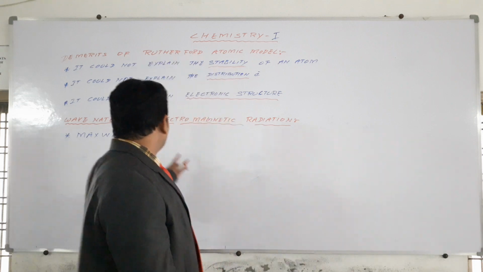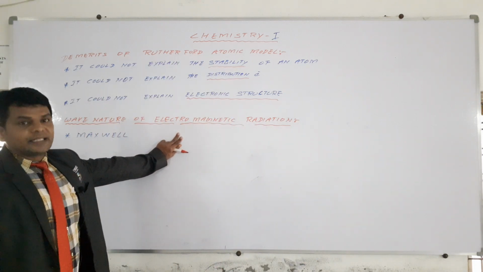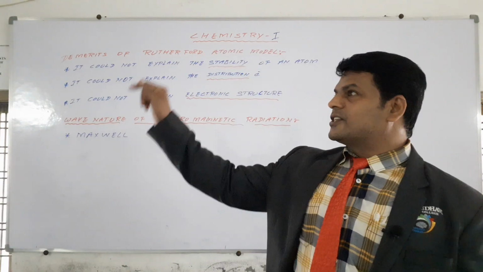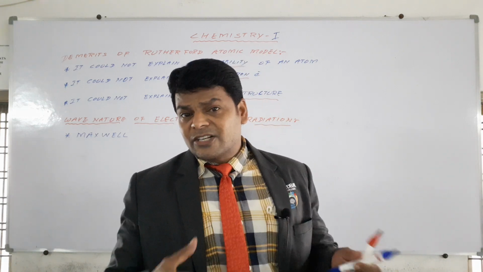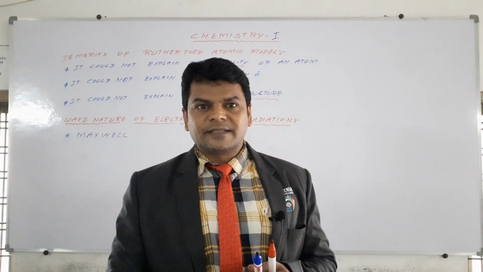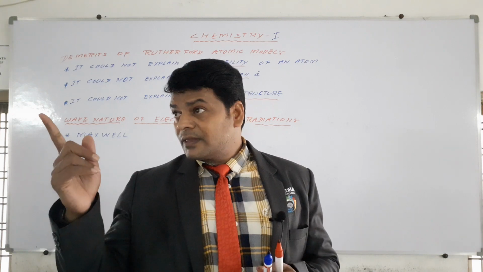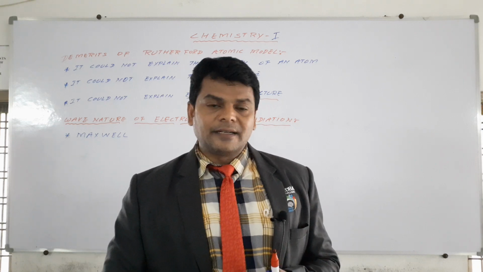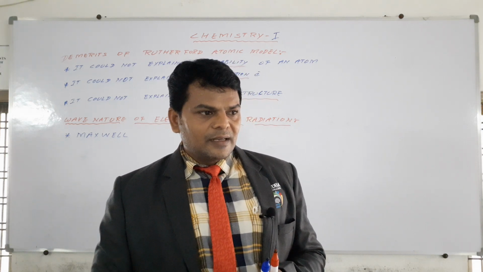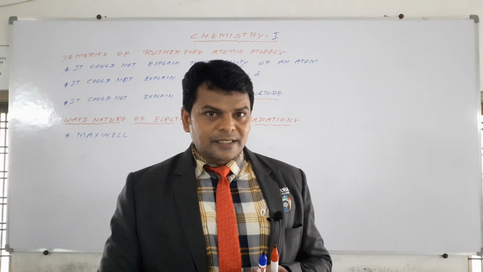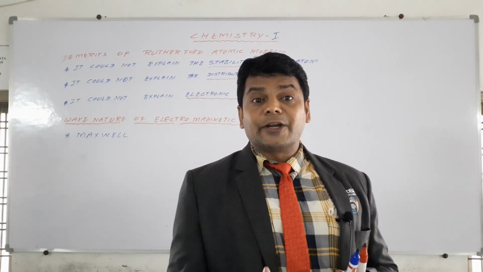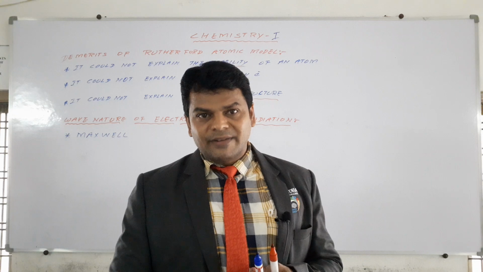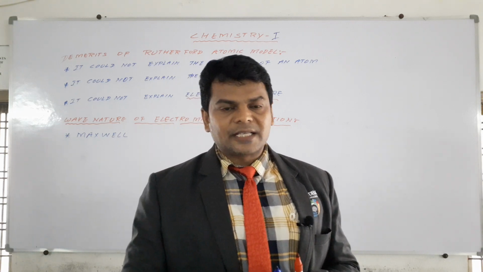Here you have to know what electromagnetic radiation means: light. If you switch on the light, then within a fraction of a second the room is filled with light. That is how light travels from there to there, in wave motion. Maxwell explained that light travels from one place to another through oscillating charged particles like electrons moving with the help of electric and magnetic fields.